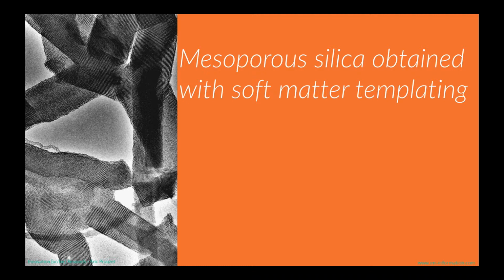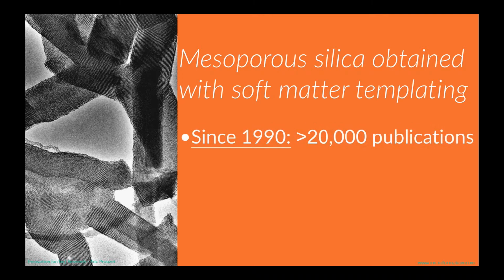Mesoporous silica I'm using as an example here. I do it because I've been working a lot on it, so I know this domain very well, but of course I could have picked some other example from material science, like pillared clays, metal organic frameworks, carbon nanotubes, nanocrystalline cellulose, or graphene, all being absolutely beautiful materials, high quality research, and very nice chemistry. Let's go back to the mesoporous silica.